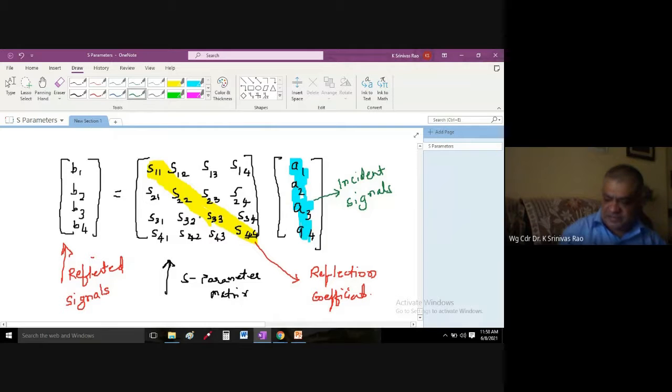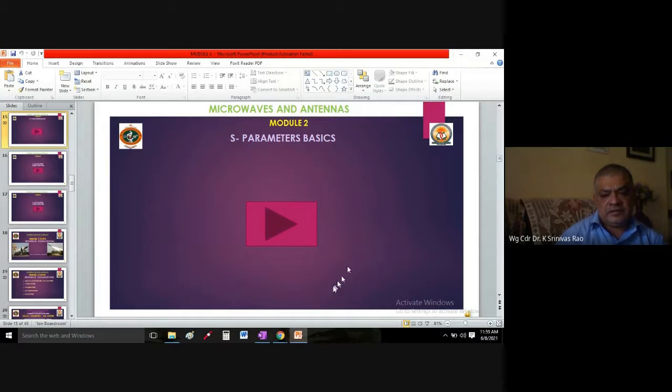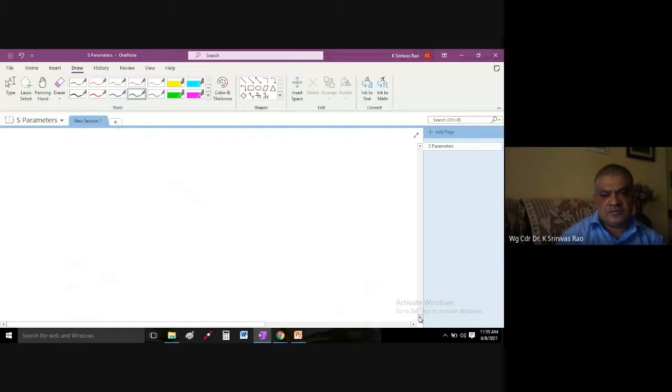Now, after discussing this, there are conditions. I was going through the VTU question paper, and we have seen that some questions are asked like this. Since we have completed Z parameters, Y parameters, S parameters, sometimes there may be a question to convert from Z parameters to S parameters. Calculating Y is easy, but calculating S is a little difficult.